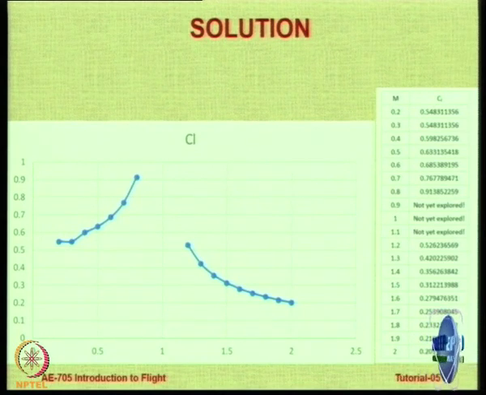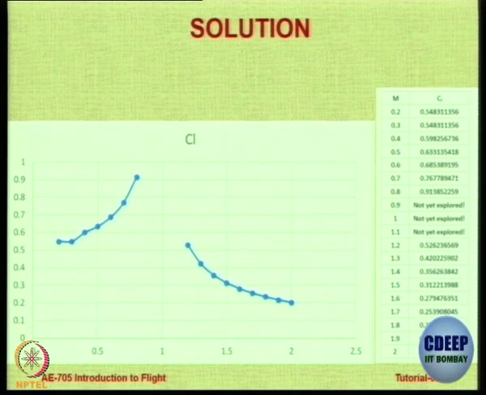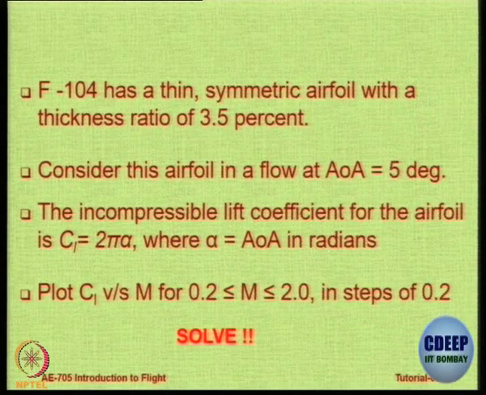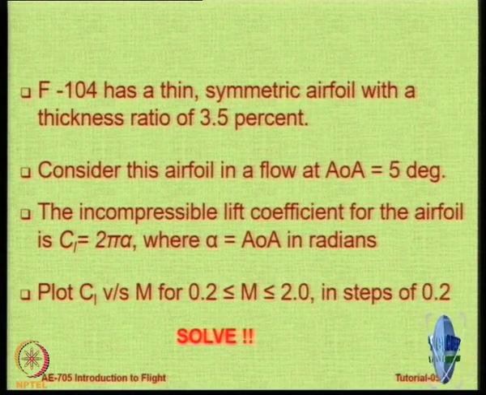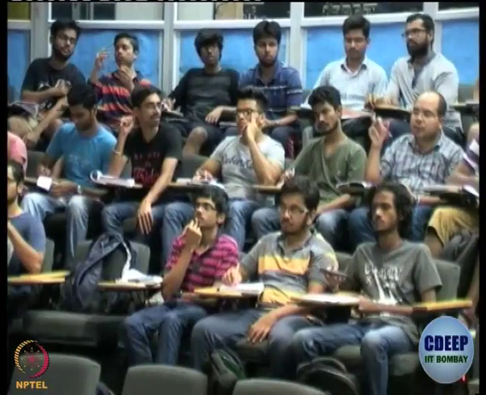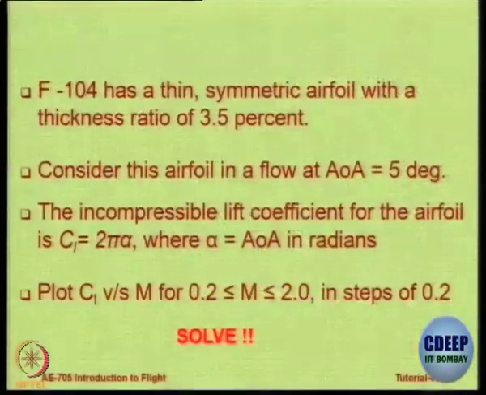Actually the question was not CL versus M but CD versus M. None of you observed it and none of you pointed out that question. So just see, CL is already given as 2 pi alpha. So what is there with Mach number? If alpha is 5 degrees, then CL is 2 pi alpha. And what happens in compressible flow? That's right. So you have to start with the value at low Mach number and then apply the Prandtl-Glauert rule and calculate the value before and after.